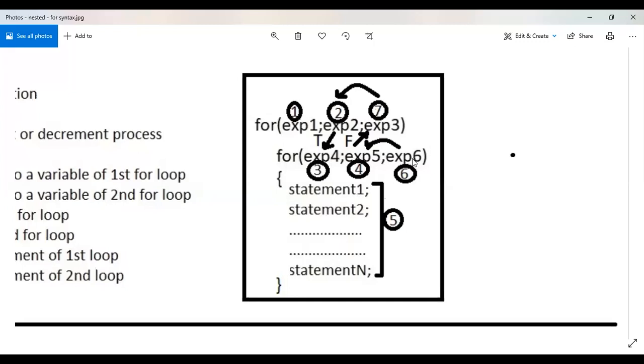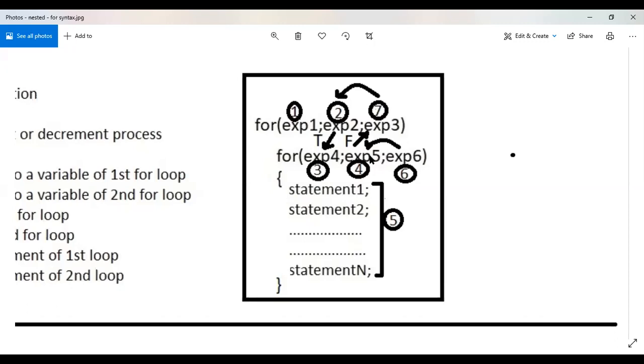Okay. Next, after expression 6, you just look at the arrow mark. I have put for the expression 5 also. That is, again, you have to check the condition of the second loop. If it is true, again these statements are executed. This process will be repeated. Okay. Fourth step, fifth step, and sixth step. This process is repeated until condition of the second loop becomes false.